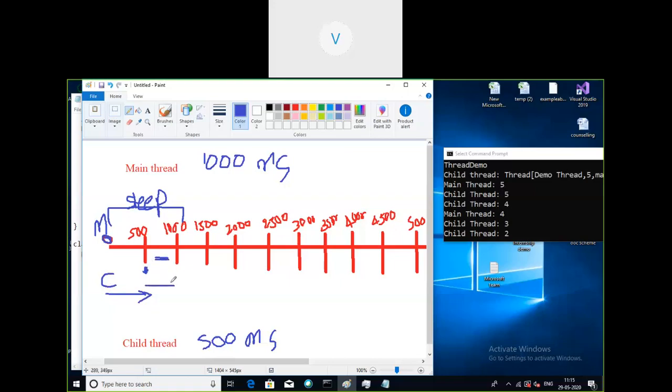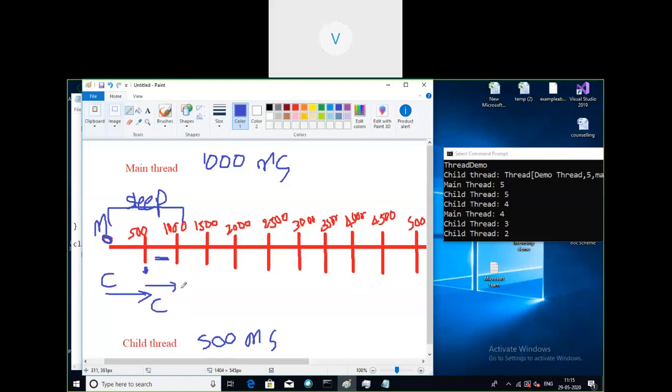Again from 500 to 1000, only the child thread will get the chance. That's why the output is like this: main thread 5, child thread 5, and then child thread 4. So for one instance of the main thread, the child thread is executing 2 times, because the sleep time for the main thread is 1000 milliseconds and the sleep time for the child thread is 500 milliseconds.